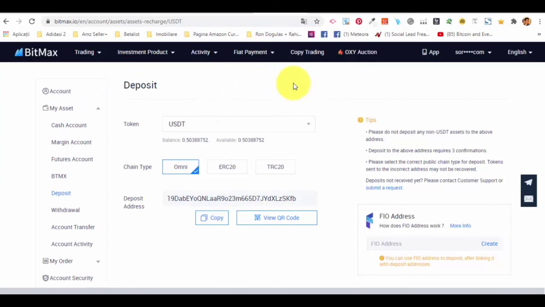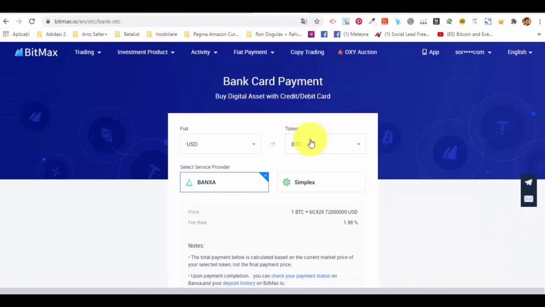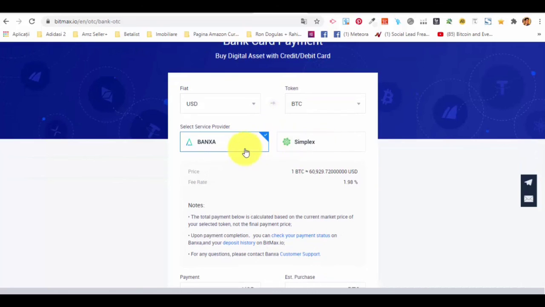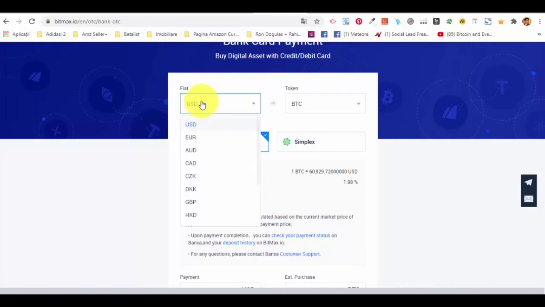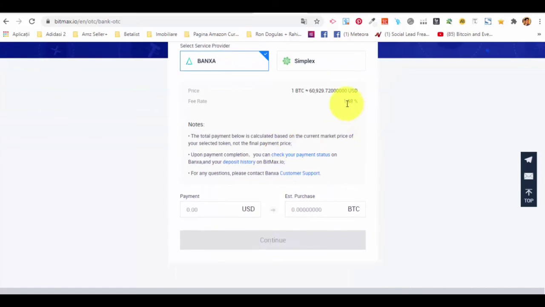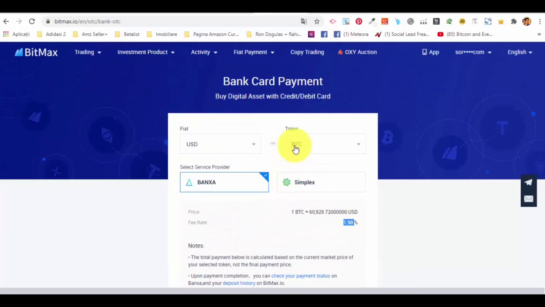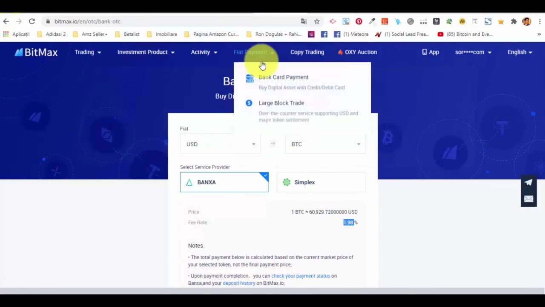You don't have it directly in your wallet; you go to the fiat payment and you have bank card payment, and you can use two providers, and from here you can make the switches. It will take a 2% fee, and you just buy the coins that you want. And after that, because that's what we want to show you,